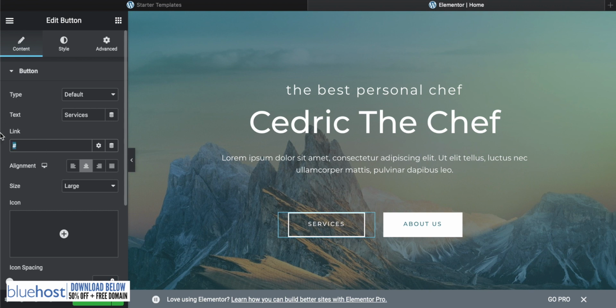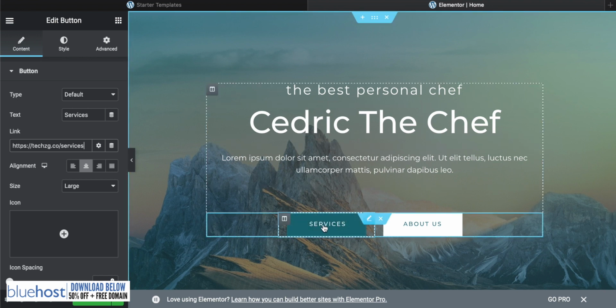You put that link in right here. So my site is techcg.co/services, because that's what the actual box is called. Now, this theme already has a services page. It came when we imported the complete site. If we go now to the website itself,